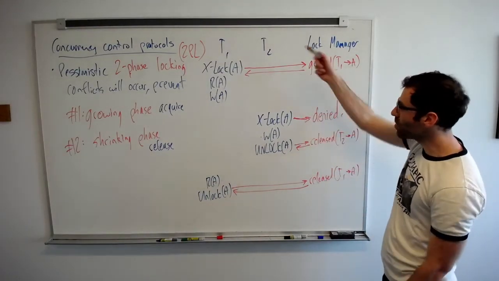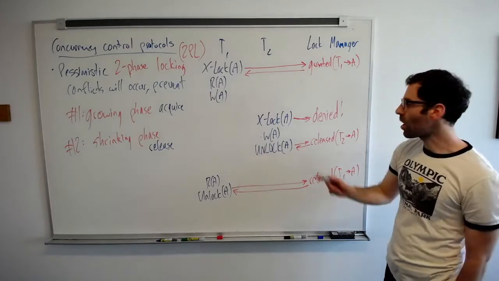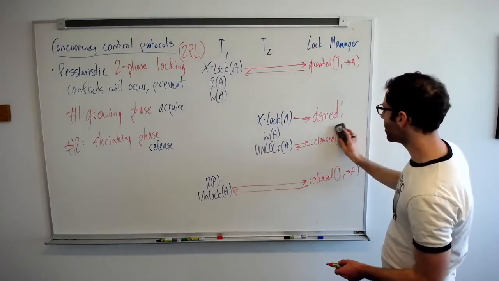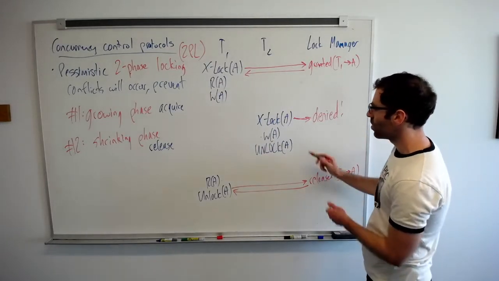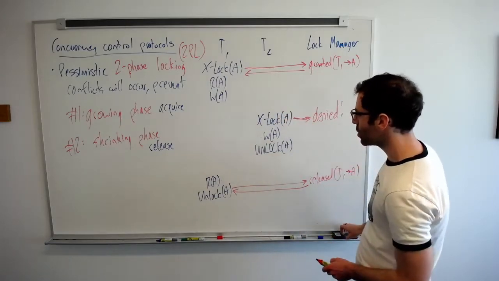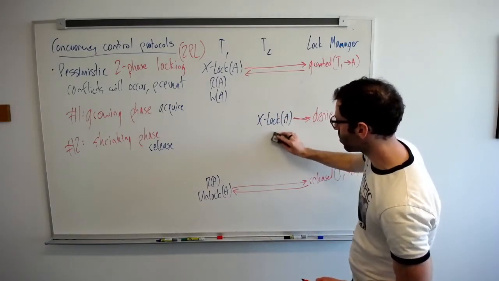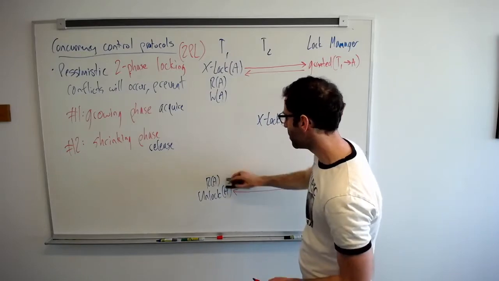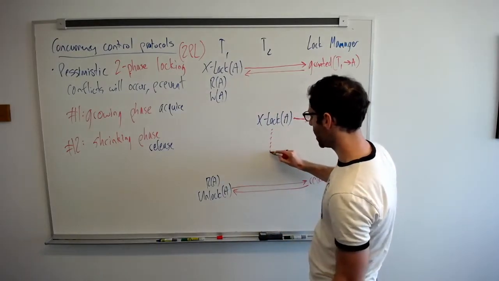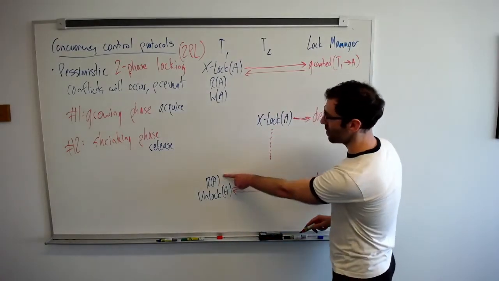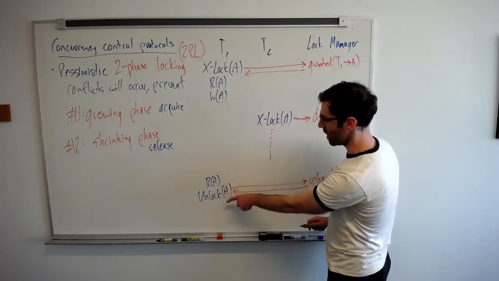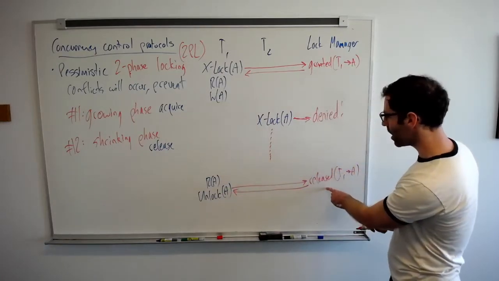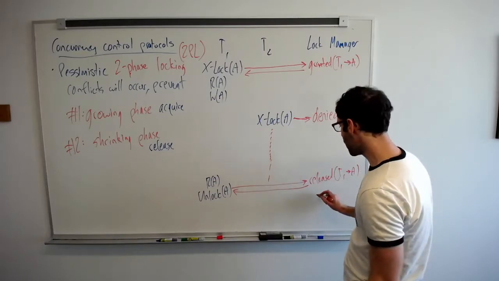It says, nope, someone else already has the lock on A, you'll have to wait. And so our transaction 2 has to wait in order to do its write and unlock. And so it's waiting, it's waiting, it's waiting. Eventually T1 does its read and it unlocks, at which point